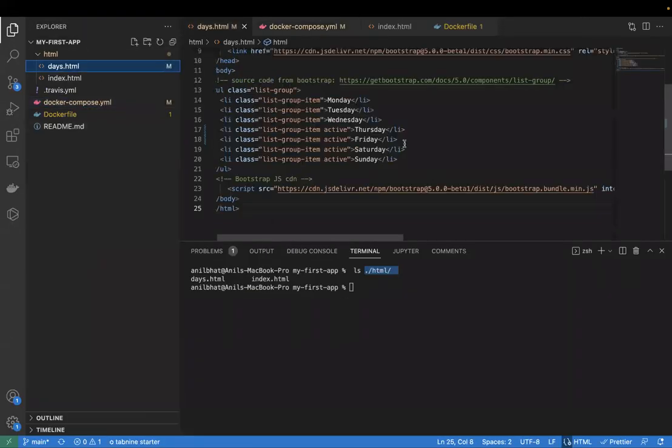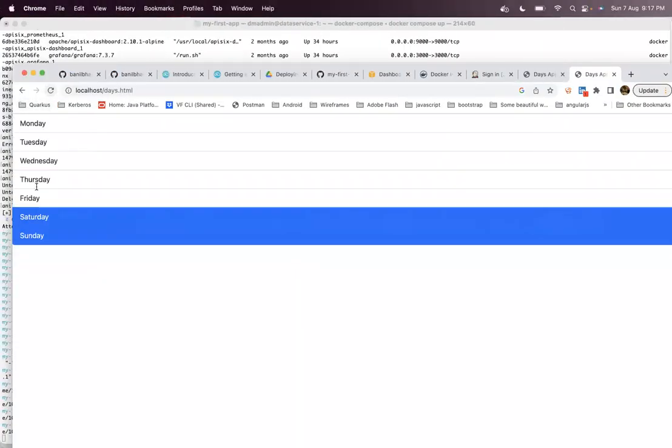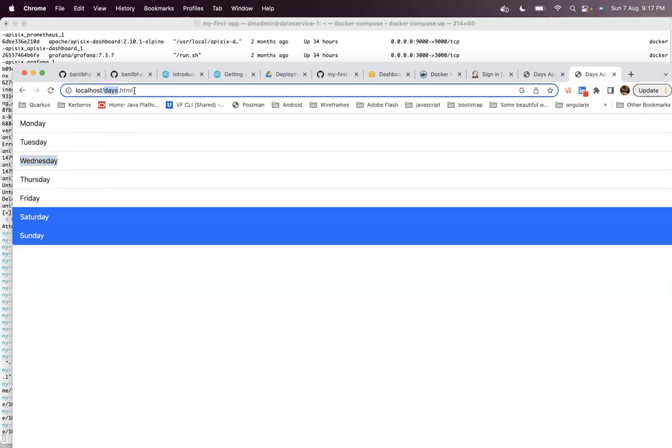Let me revert back and make only Saturday and Sunday active. So this way, you can dynamically change your contents from outside the Docker container, and it will reflect immediately in your application, in this case a simple web application.